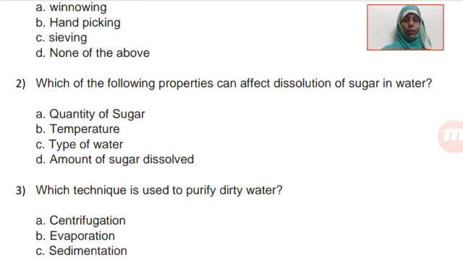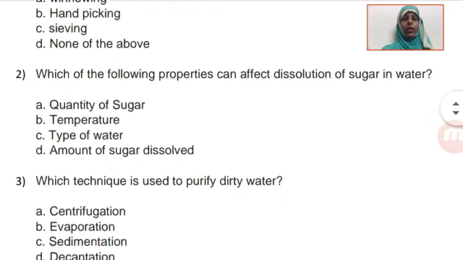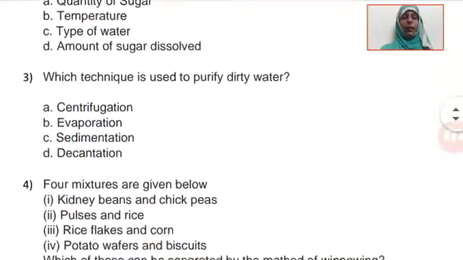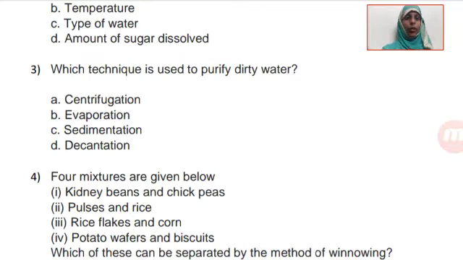Yes, the saturation point reached depends upon the amount of sugar dissolved. After some amount, the sugar won't dissolve because the solution has already reached the saturation point. So the correct answer is option D, amount of sugar dissolved. Leave a line after that. If you have not completed, you can pause the video and copy it down with the answer. And I hope, children, you are leaving a line after each question, so I don't need to repeat it after each and every question. So make sure you are leaving a line, okay.